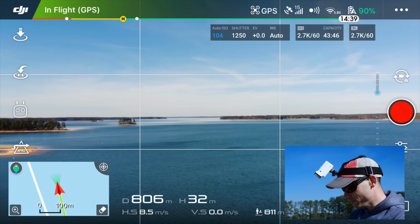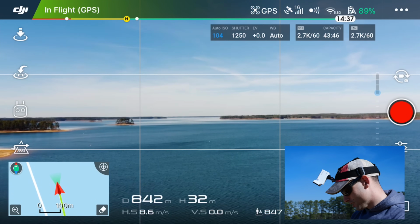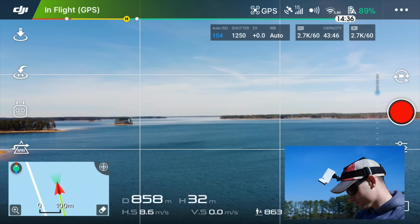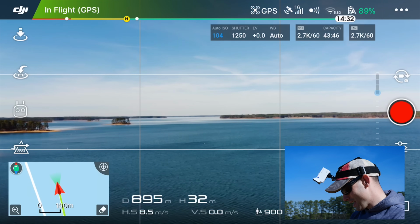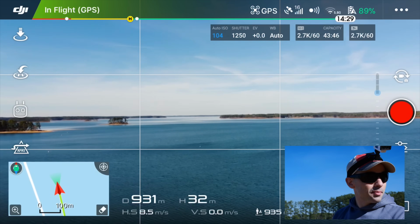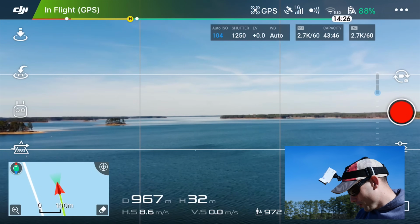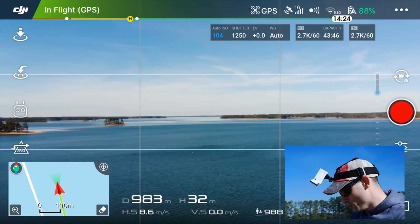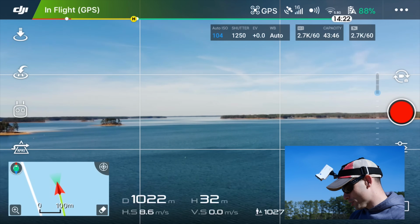All right, 800. Still going strong. Coming up on 900. Man, the wind picked up and now it got cold. I was nice and comfortable when we first got out here. Now it's really cold. Okay, we're coming up to 1,000 and we're losing our third bar of